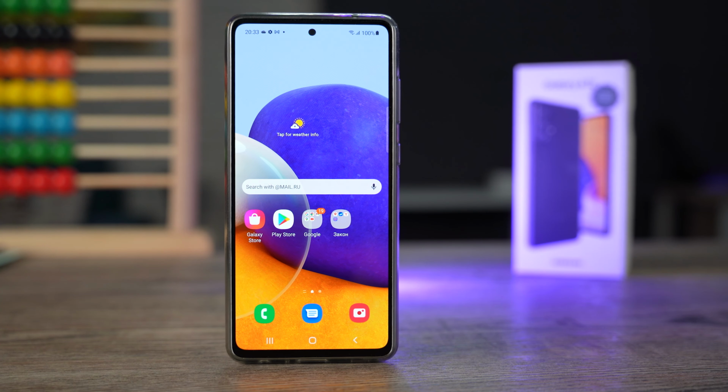Hi everyone, today I want to share an application that is super useful and very important for all the Samsung